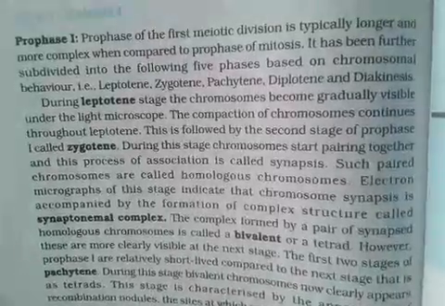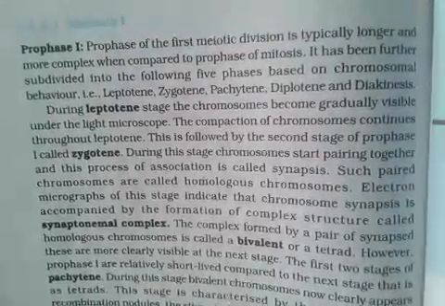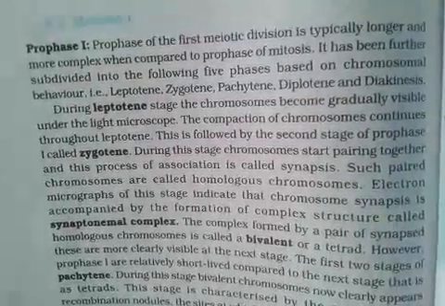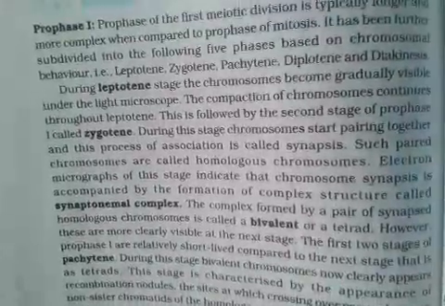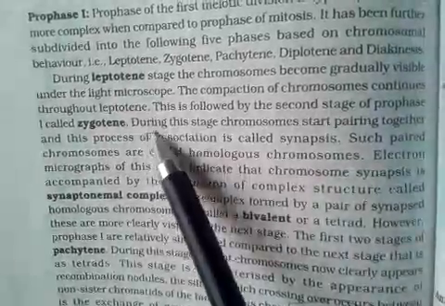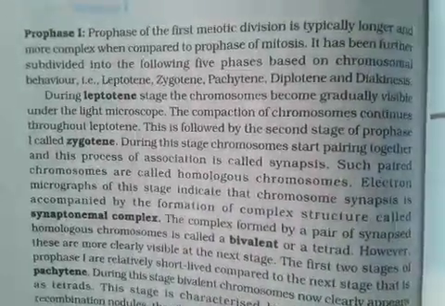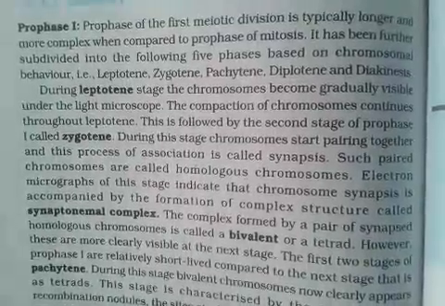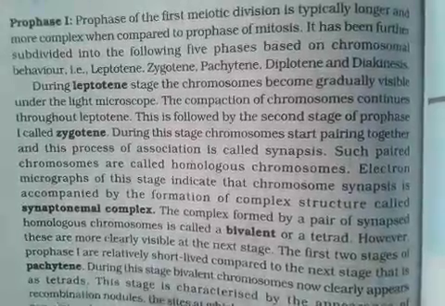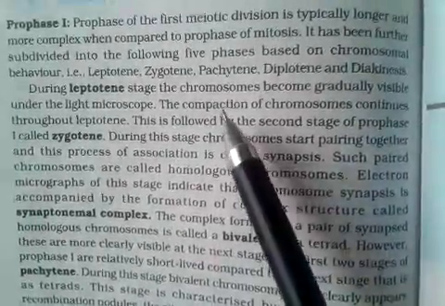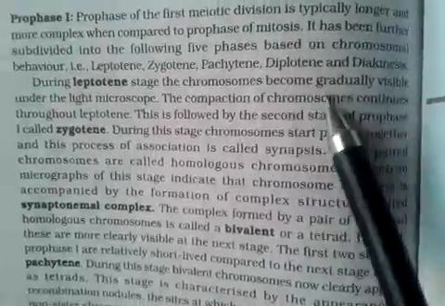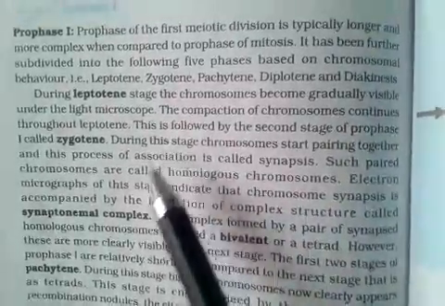These are in a complete sequence and they represent the condensation or arrangement shown by the chromosomes during meiosis 1. So during the leptotene stage, what happens? The chromosomes gradually become visible under the light microscope. As you know, in interphase the chromosomes are not present; the DNA is present in the form of chromatin. From that chromatin, condensation of the DNA takes place and it results in formation of chromosomes that become visible under the light microscope.